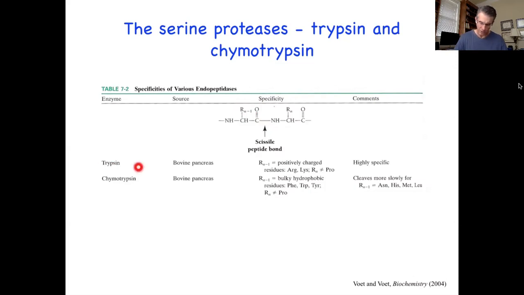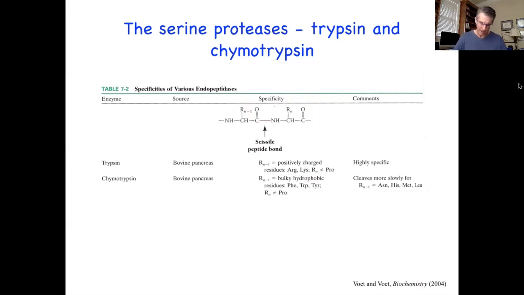For trypsin, that so-called N-1 amino acid side chain can only really be arginine or lysine. And if the amino acid on the C-terminal side of the bond is proline, even if there is an Arg or Lys here,